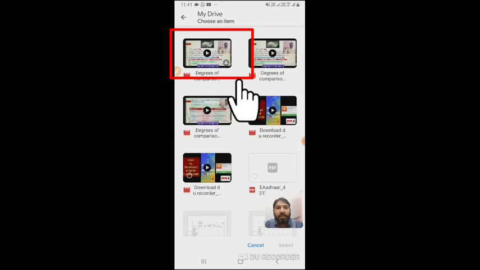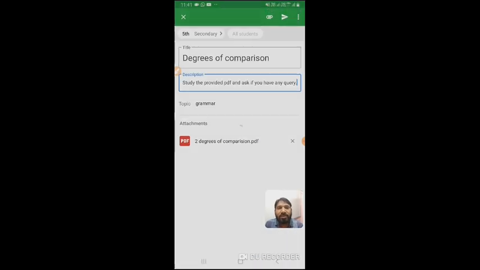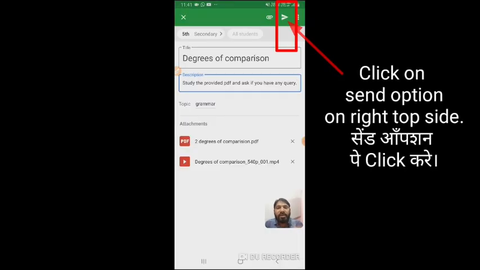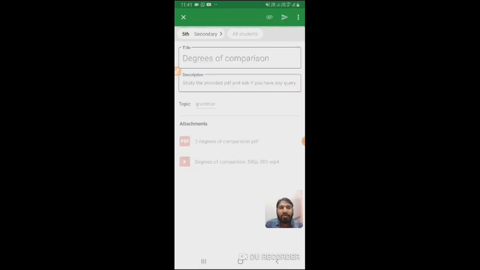I will click on the video, then click on select. See, it will take a moment. Automatically both the PDF file and the video are uploaded. Then you need to press the send option, which is on the top right side.